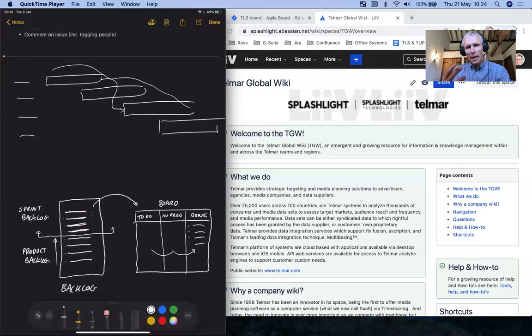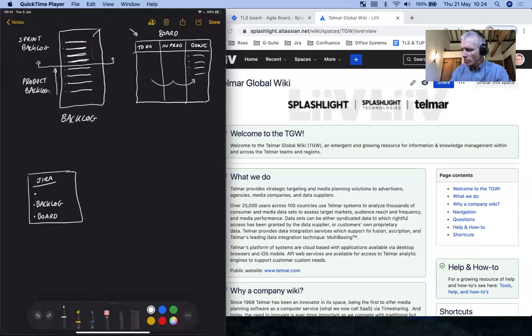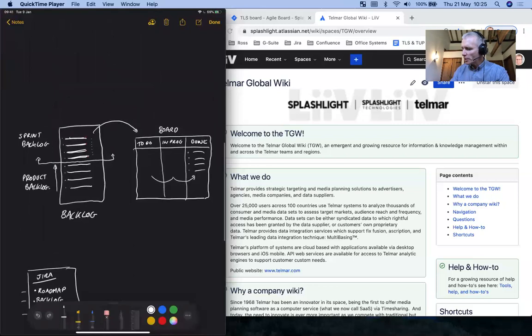What you'll find is that Agile proponents, I've often found, think that Gantt charts have no place in Agile. In fact, they think that Gantt charts are heresy. But I don't agree, and that's reflected in the latest release of Jira, which includes a feature called Jira Roadmaps. Jira Roadmaps allows us to have this extra view, which I'm going to write down here. So there are really 3 key views that I'm going to show you in Jira: roadmap, backlog, and board. By illustrating here, I'm hoping to reinforce these concepts in your mind. So what does the roadmap look like?